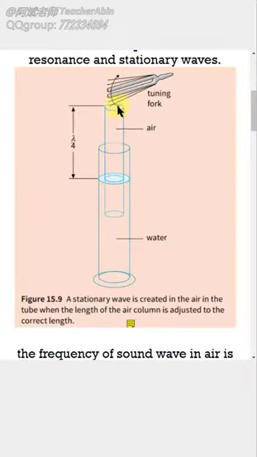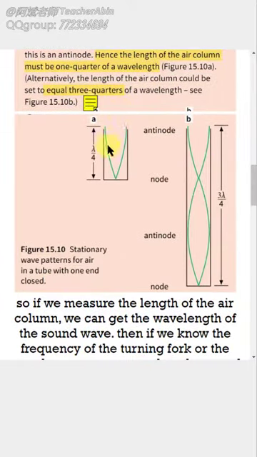If this happens, and you put your ear at the end of the tube here, the sound you hear is much louder. In order for this to happen, the length of the air column must be appropriate. Let's see another figure. This is the air column in the tube, and the green lines in it represent the standing wave. As we can see, at the bottom of the air column, here must be a node. That's because the air here cannot vibrate up and down. It was stopped by the water below.